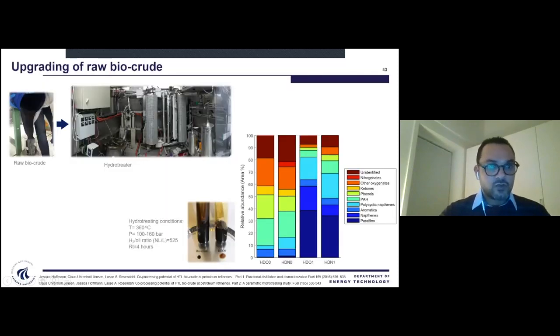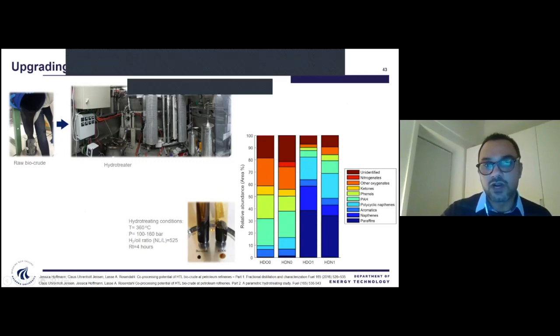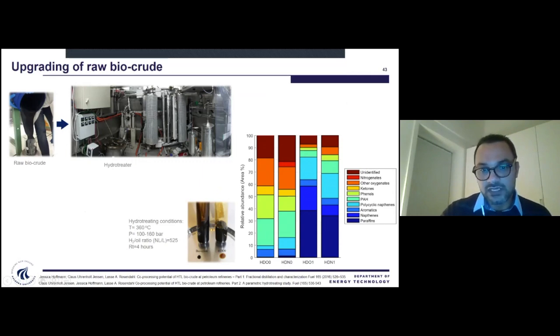So you can see how thick our biocrude from the pilot plant is. So this is raw biocrude, very viscous. And then we do the upgrading in our hydrotreater. This is our in-house built hydrotreater. And you can see visually the color, and in terms of the chemical components,